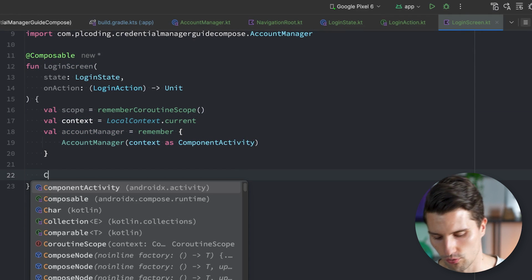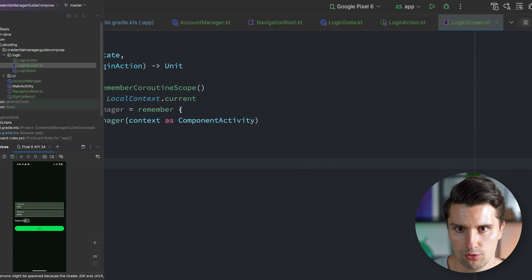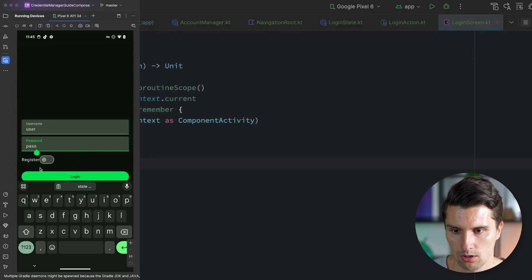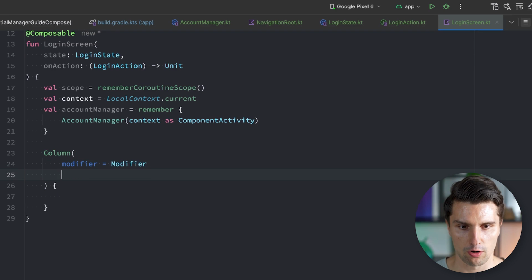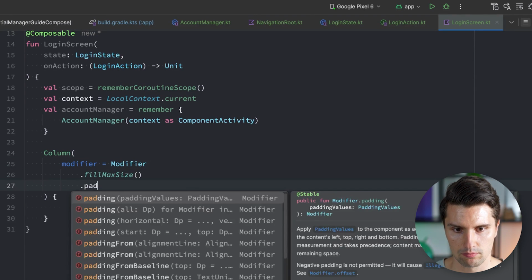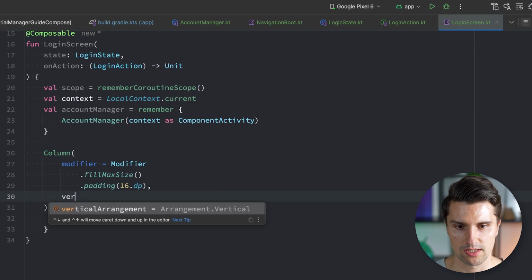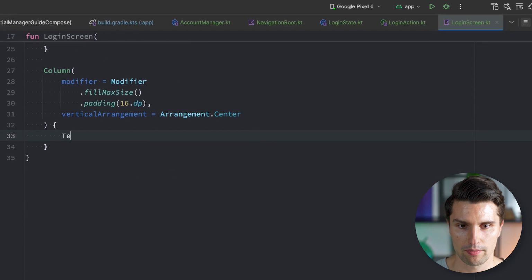All right, in here, we're going to create a column. So we just want to have our few text fields here. So a column with text field 1, text field 2, a row with a switch, and finally a button. So that's pretty simple. Column can have a modifier of fillMaxSize. We can give it some padding of 16 dp, Alt Enter to import that. And we can say we want to vertically center everything inside of that column. In here, we will then have a text field,